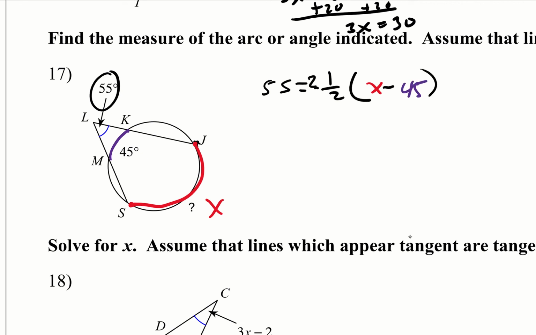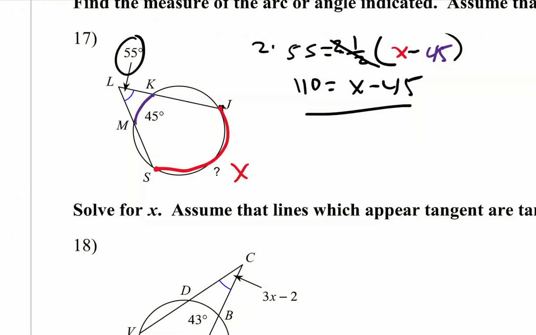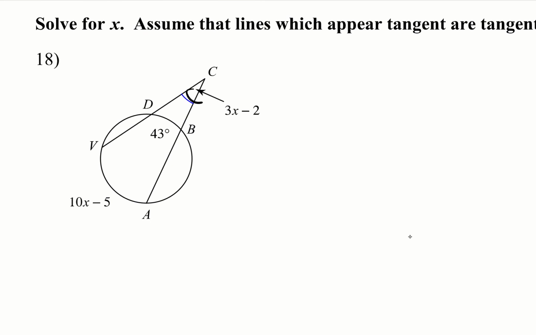So it's going to be half the difference of x and 45. So then we times 2 on both sides just to get rid of it. We get 110 equals x minus 45. I'll leave it to you guys to solve that. Not very difficult to do. All right, so number 18, solve for x. Same deal. Angle on the outside, 3x minus 2 equals half the difference of the outer intercepted arc and the